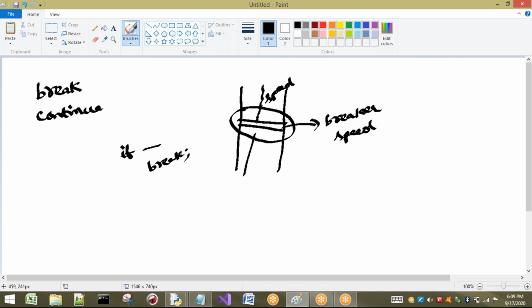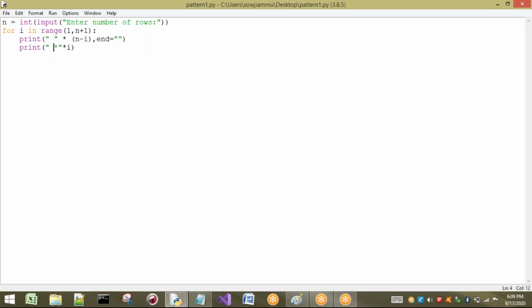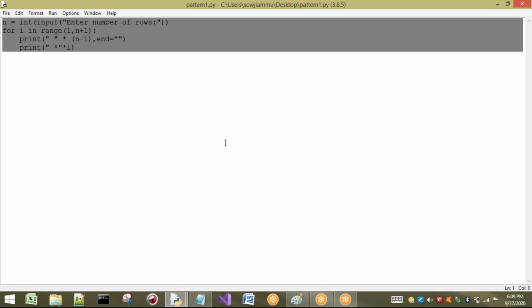I will show you one small example so that you will get clarity. You just should know the meaning of break, that's it. Right, now I am going to write a small program: for i in range of 10. For example, I'm going to take 10 values, from 0 to 9. Now I don't want all the values, for example, I want to print only up to 7.